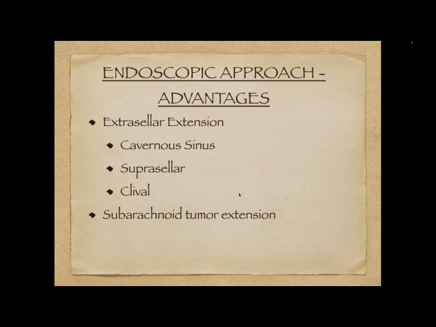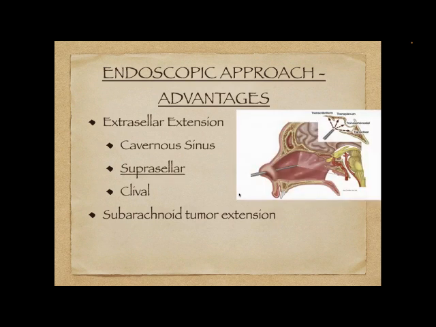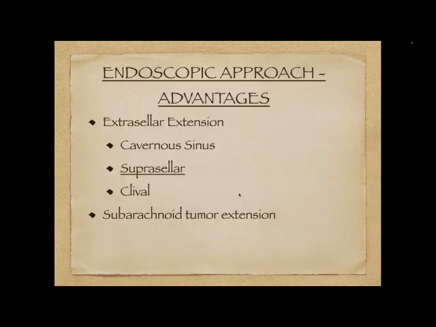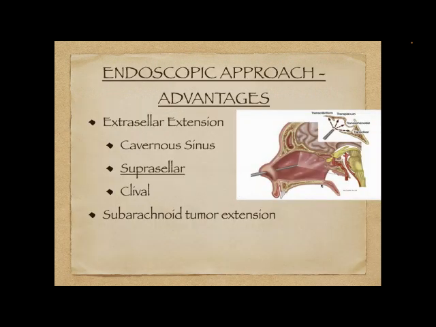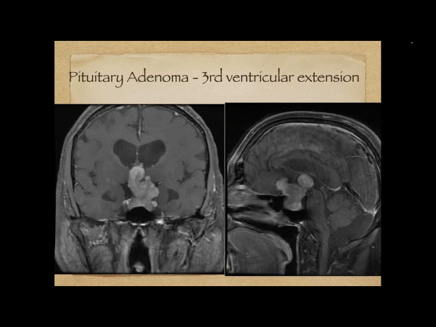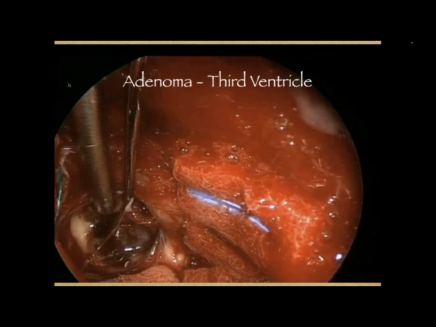So again, going back to what those advantages are and discussing them, we talked a bit about cavernous sinus, and now we'll talk a bit about suprasellar. So we can have tumors that extend really quite a bit above the normal area of the pituitary. And here's a great example of that, where here you can see this tumor, the little sort of whitish thing in the center with multilobules, almost looks like Mickey Mouse or something. It's extending up into the brain and even up into the fluid sacs in the brain called the ventricles.